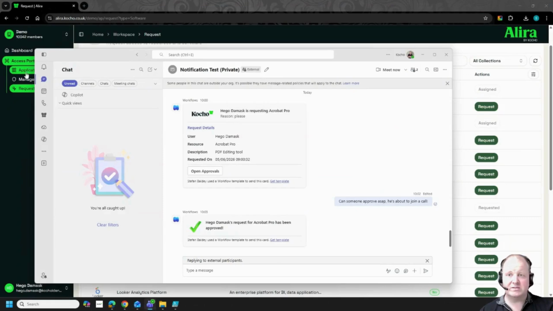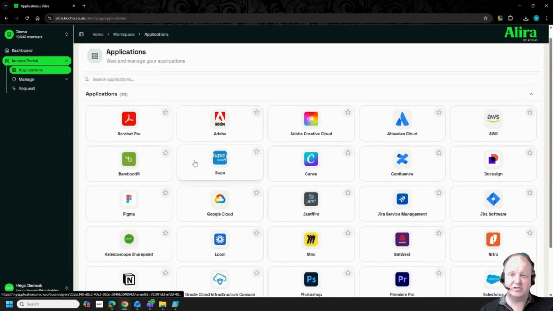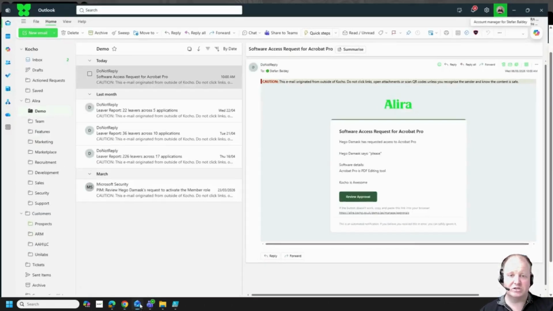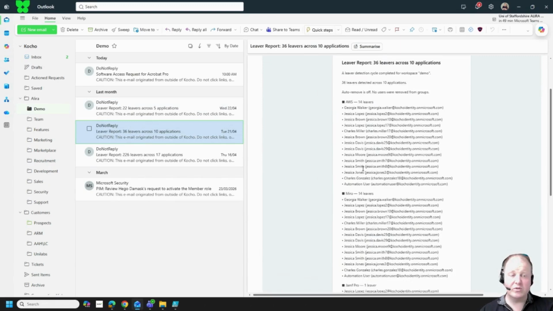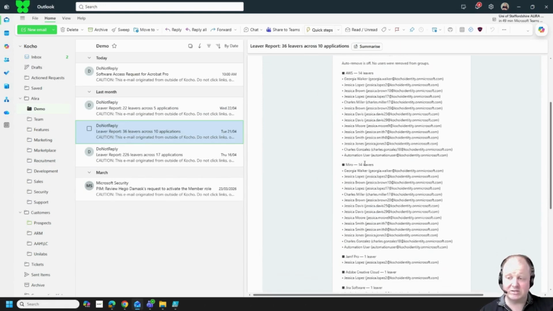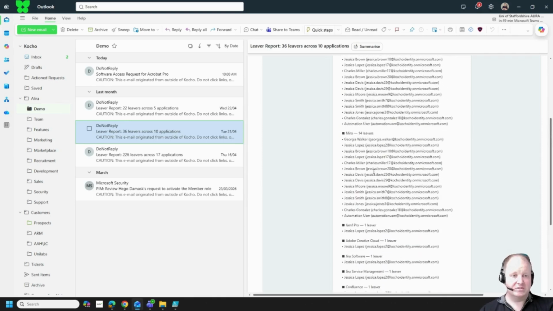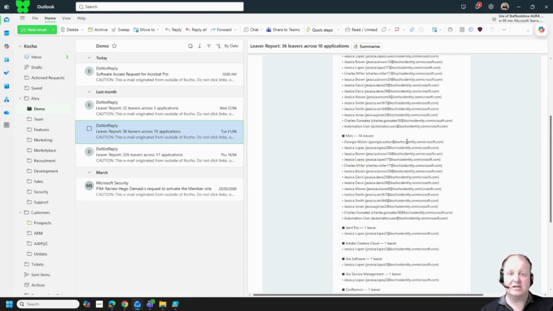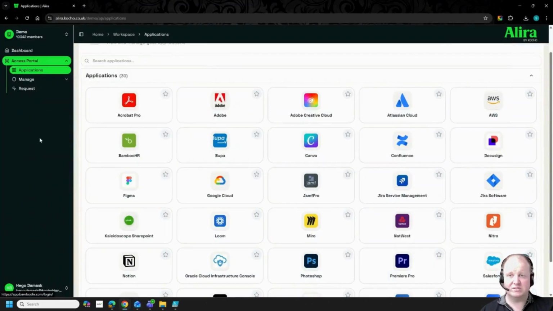And because we tag the type of provisioning of all applications, we can generate a levers report. So all the manually removed applications that need IT intervention, we give you that report. So we've got your back. So that way you'll never miss a step again and you can have your entire organization represented in the Access